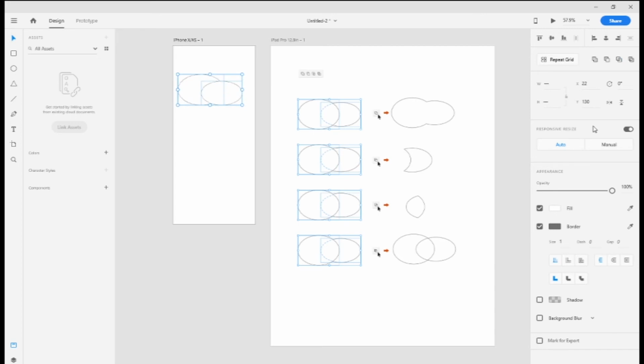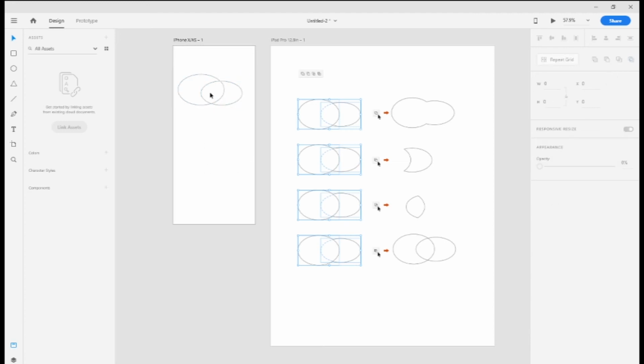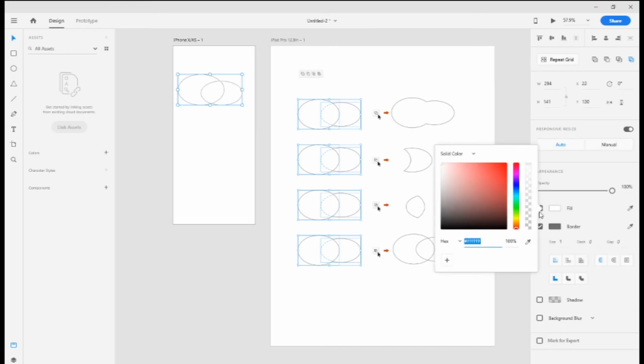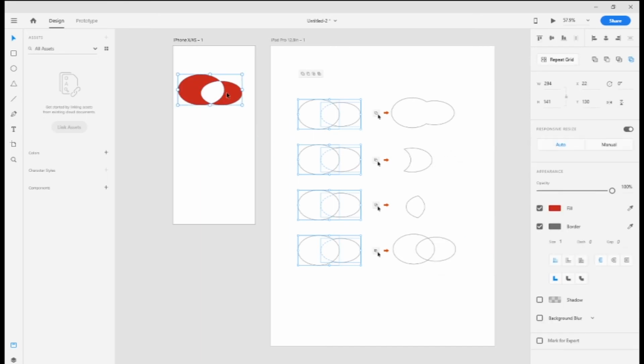The last option is exclude overlapping shape area. The shortcut is Ctrl Alt X. Use the area of the compound to invert the underlying geometry, turning filled regions into holes and vice versa. Simply click. That is simple. Just fill it, and now you can see the result given in Adobe XD.